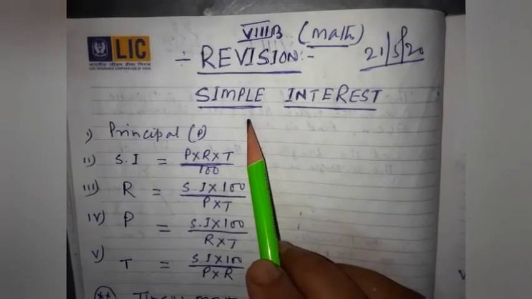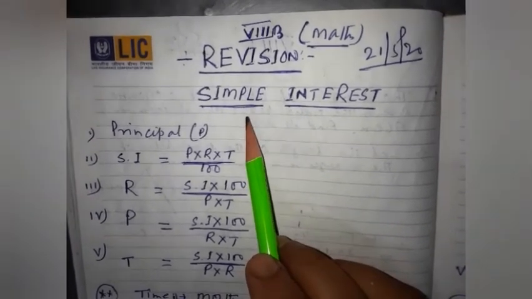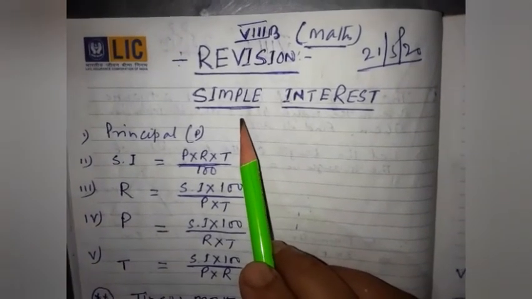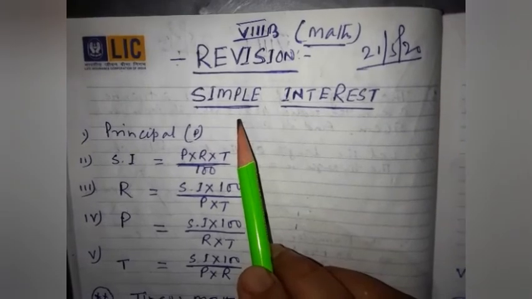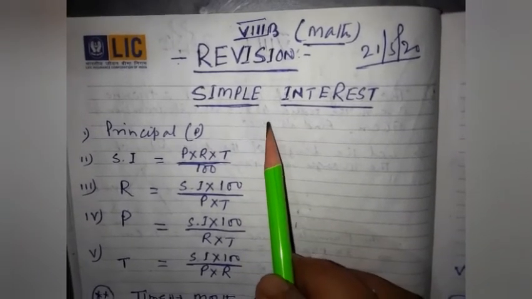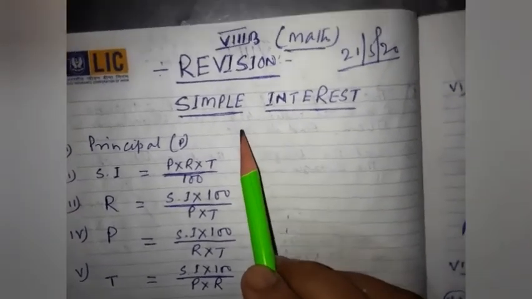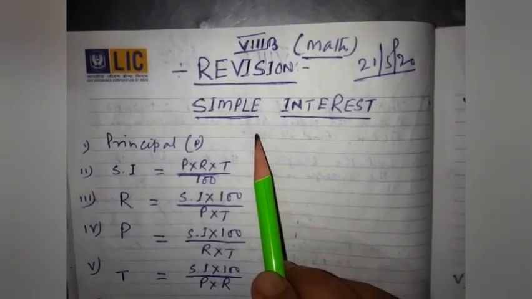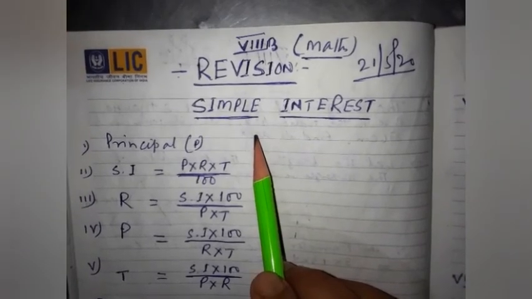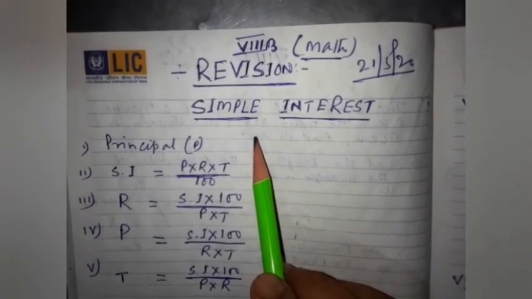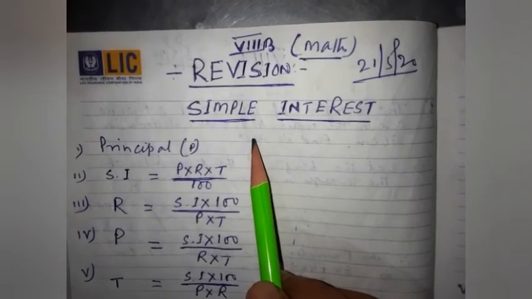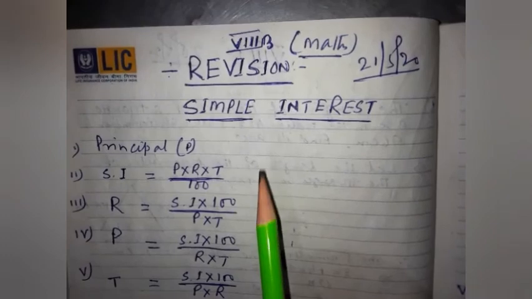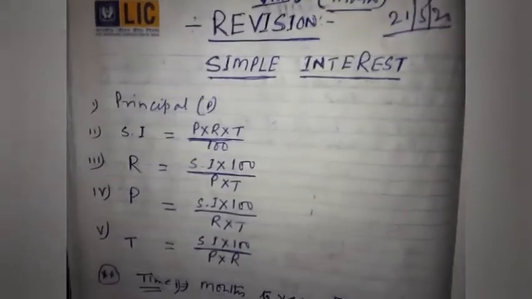When the interest of a particular sum is calculated for the full time at once, it is basically called simple interest. Like, if I say 5,000 rupees you have invested for 2 years and the rate of interest is 5%, there we'll take the principal as 5,000, time is 2 years and rate is 5%. So the complete interest will be calculated for the full 2 years. These things are already known to you. I'm not going into details of it.